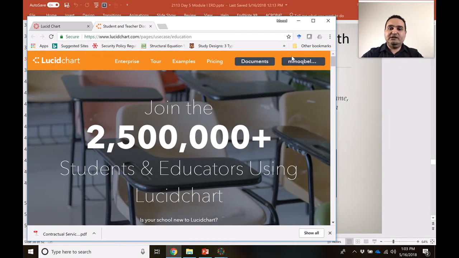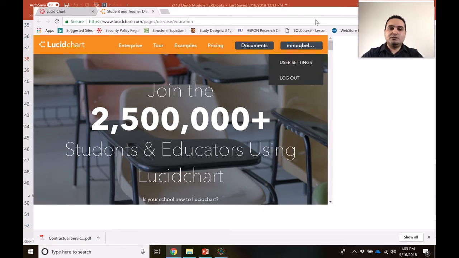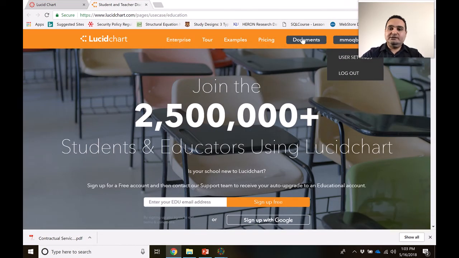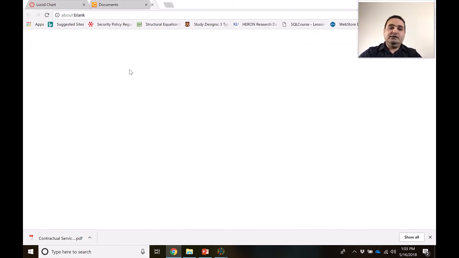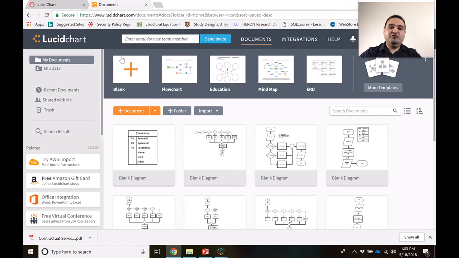So I will just log in. Since I already logged in, I'll just go to documents because I already have an account, and you should also already have an account. If not, you just log in with your OU email address and password, and you should be able to get access to this software. So let me start a blank, or actually, before I start,